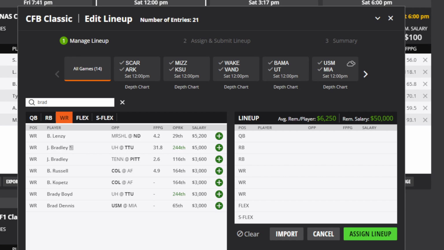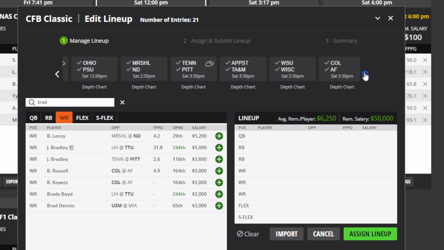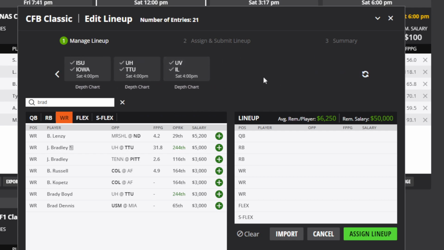But anyhow, I think this is a really good slate. I think it's a fun slate. There are a lot of good games in this particular slate. Obviously, it does start at noon, so it's going to go most of the day, all the way through a 4 p.m. start time on the last game. But yeah, there's a lot of good teams and a lot of good players available here, so I think you can make some really quality lineups.